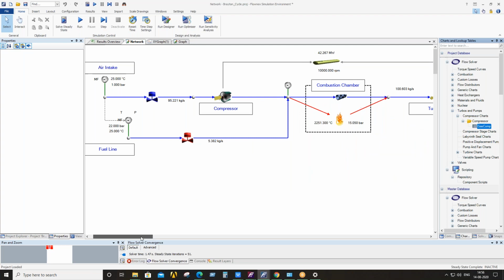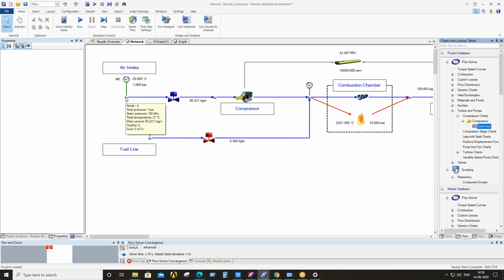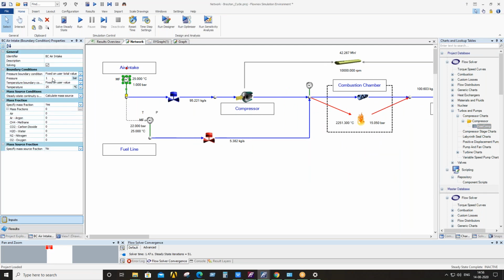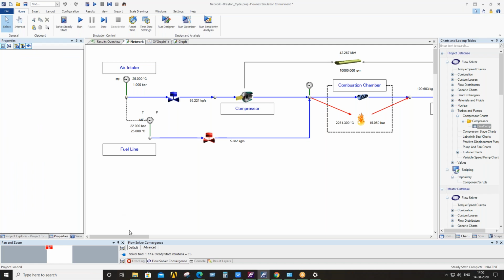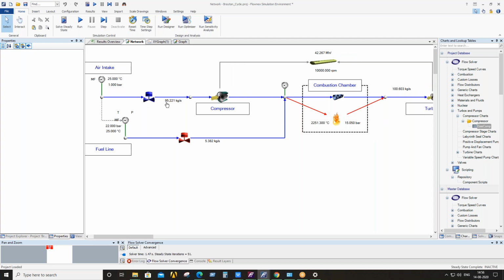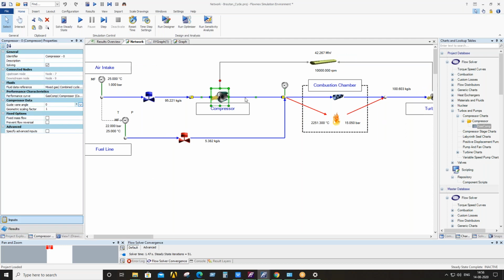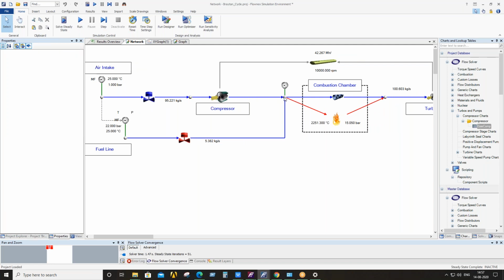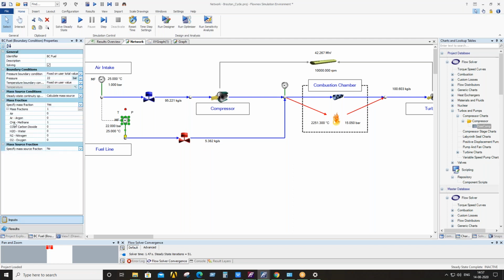So this compressor takes the intake from the atmosphere, and the atmospheric pressure is 1 bar and temperature is 25 degrees Celsius, and the flow is maintained around 95.2 kg per second. The compressor compresses the air, and the air reaches a temperature of 496.644 degrees Celsius. And for fuel we utilize methane gas, and the methane pressure is maintained at 22 bar and